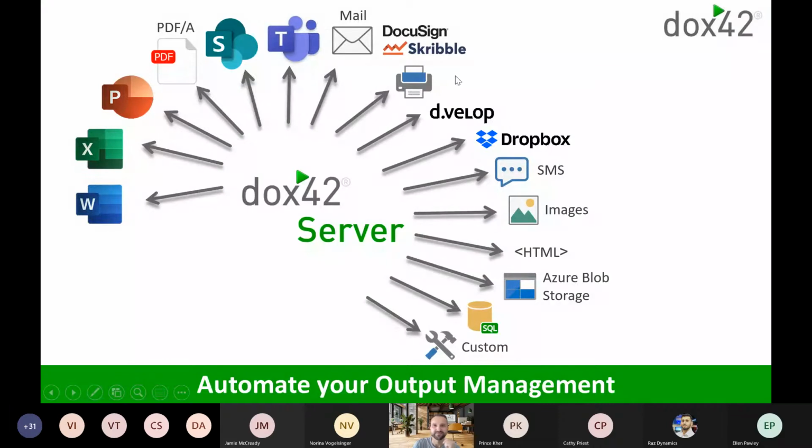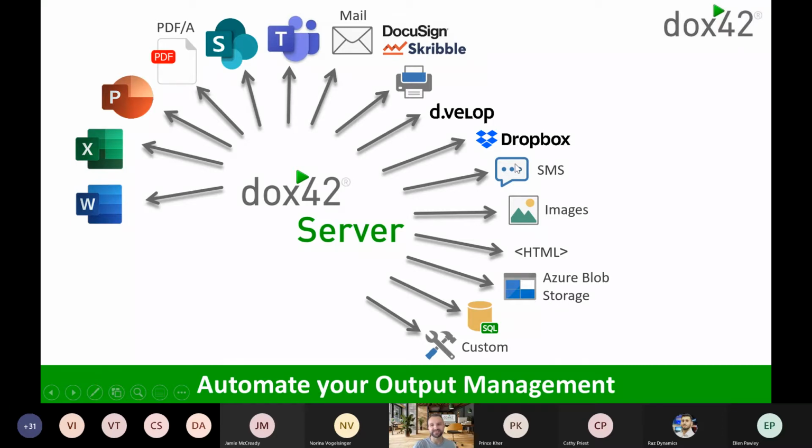Like Ras said in the very beginning, there's still a few documents that get printed, but generally for us, it's very important that the document is part of a digital process, which is why we have all these output options of signing, saving them somewhere, to Dropbox. There is a DMS in Germany developed for those that know this one as well. And many more options. Azure Blob might be important to those that are technically interested in that.